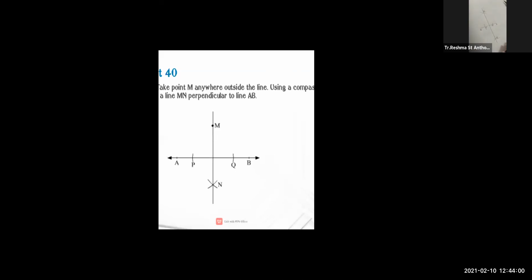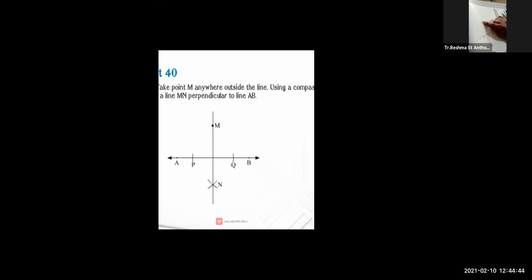Once again, I will explain you like this only. See, first you have to draw a line, name that line AB. Then with the help of compass, more than half you have to take and you have to cut one arc from A. Then from B also you have to cut an arc. And afterward you have to take that cutting up arc and then down arc. Then same from here also, up arc and then down arc. Then there will be a point joining over here. Join that line.